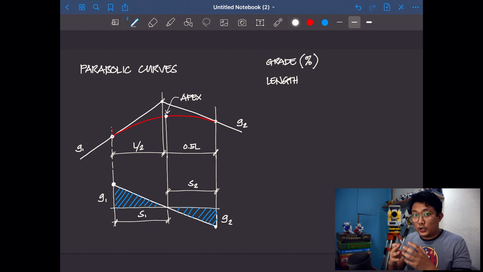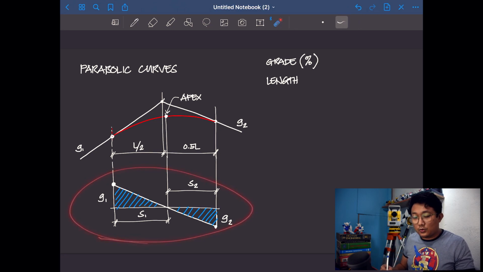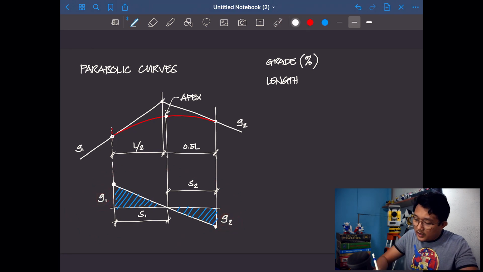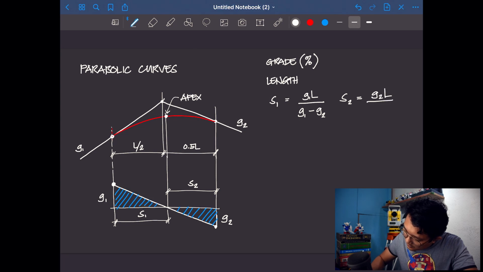If we use ratio and proportion, it is actually easy for us to determine the value of S1 and S2. Take note that you have values for G1 and G2 right there. And so we will have, quite simply, S1 is given by G1 times the length of the curve over G1 minus G2, and consequently S sub 2 must be equal to G sub 2 L over G1 minus